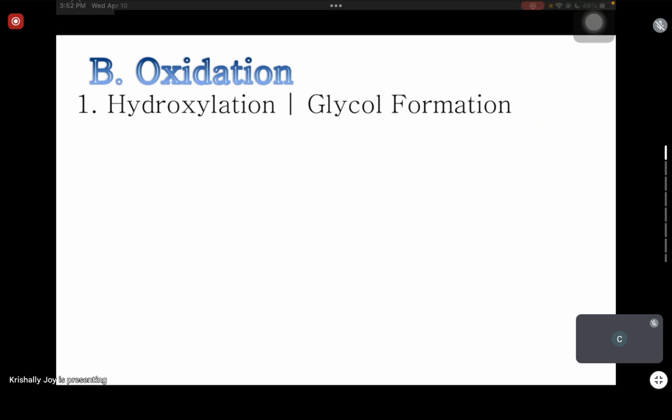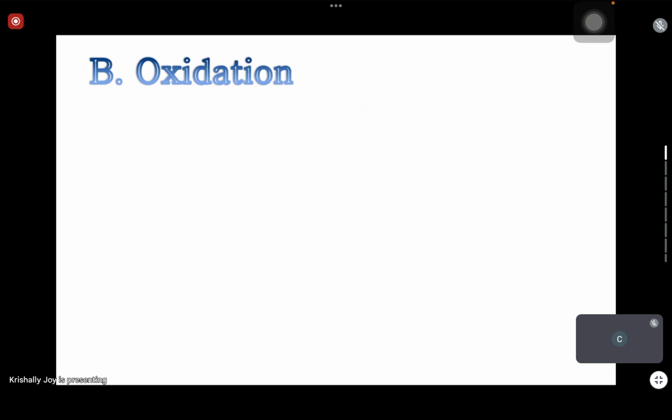Sige, let's have the last types of reaction under alkenes. So we're done with electrophilic addition. Yung mga alkenes, they are also capable of oxidation type of reaction. So general information muna kapag oxidation class. Kapag oxidation, generally, it's all about addition of oxygen,